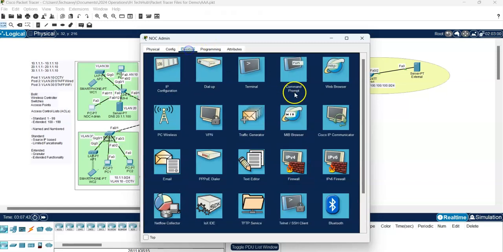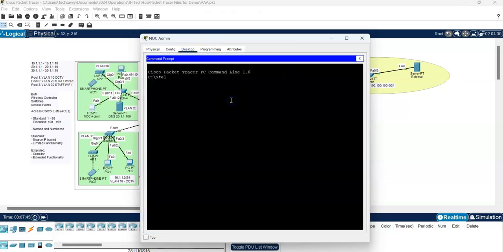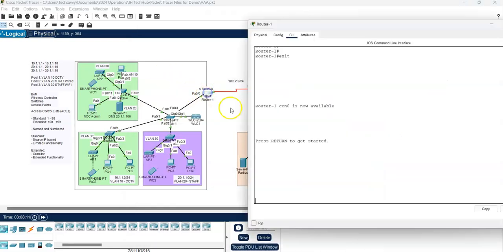If we go to desktop, command prompt, telnet, you can say SSH if you enable SSH. Now provide the IP for that router. Let's say 10.2.2.1. That's one of the interfaces. And now it says that is open, and we provide admin2, for example, because these are available, and the password. So we log in. If we now go back to the other shell we had from the router itself,